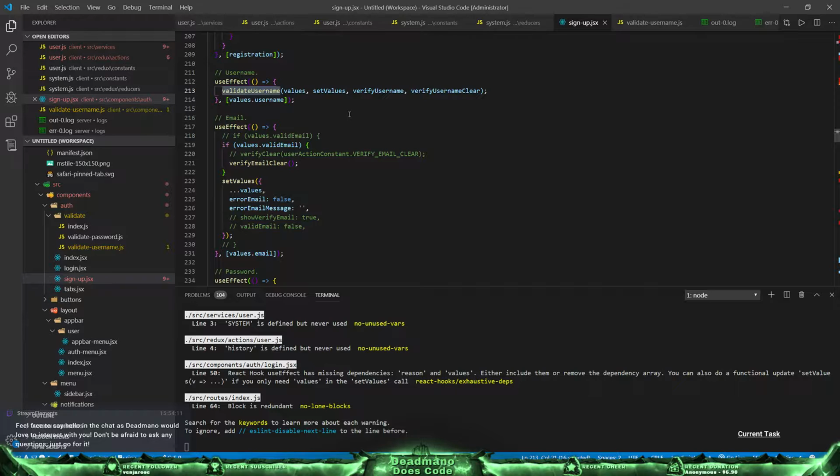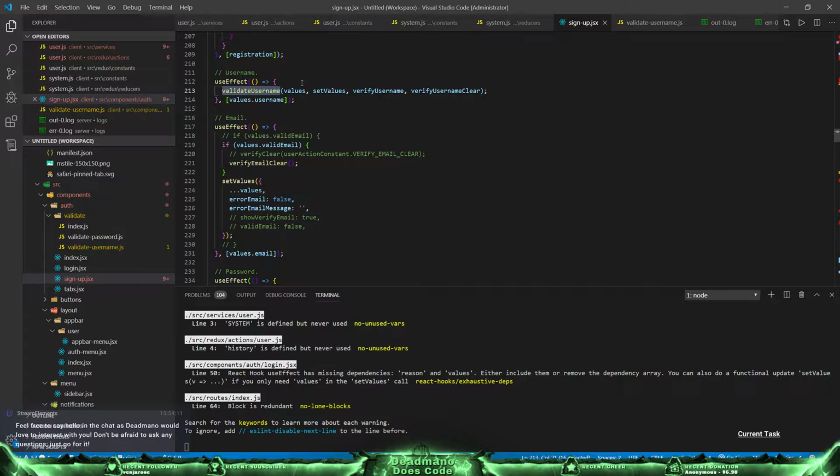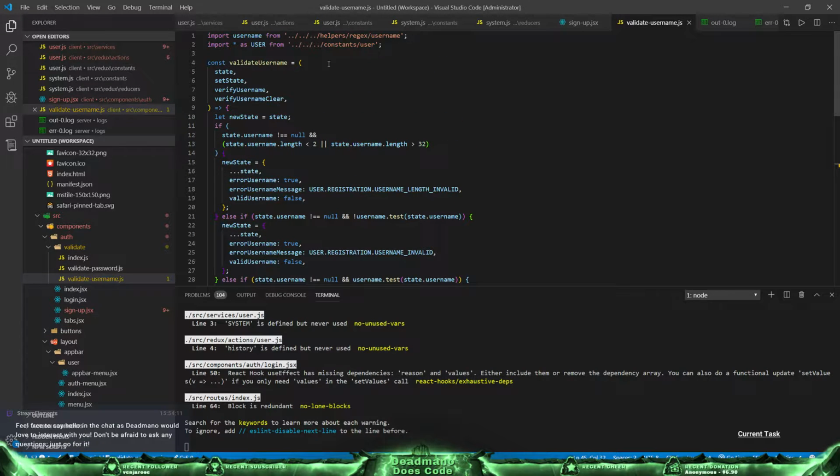It's going to call validate username every time something changes. So I could technically have all the logic in there, to be honest, which maybe we will do. So maybe the first thing we do is if